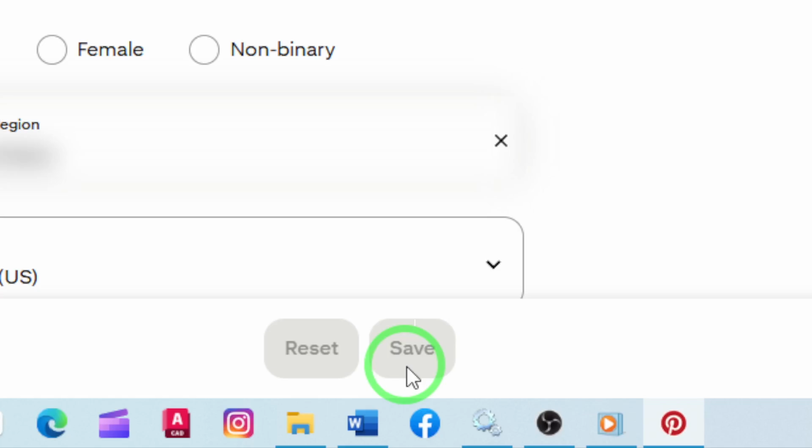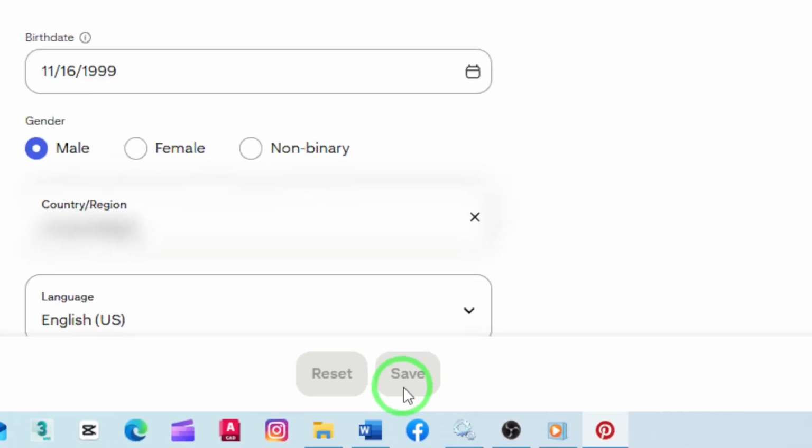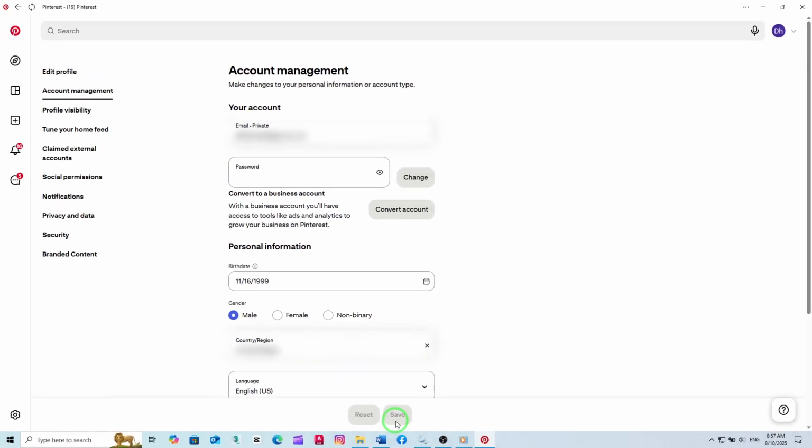Remember, it's important to keep this information accurate for Pinterest to provide the best experience and comply with their age-related policies. That's it. Changing your account birth date on Pinterest's app for PC is a quick and straightforward process with the latest update. Now you can confidently update your